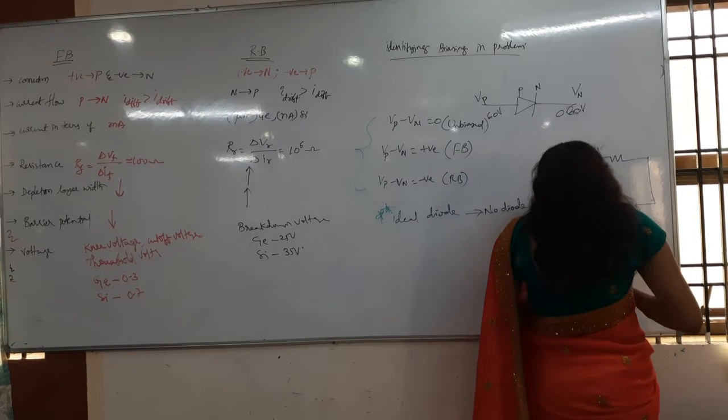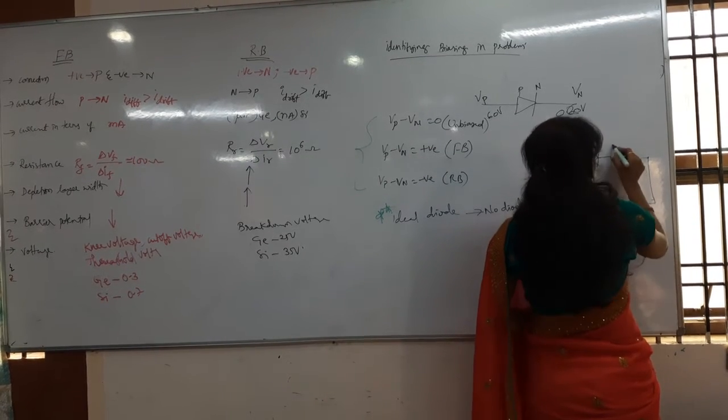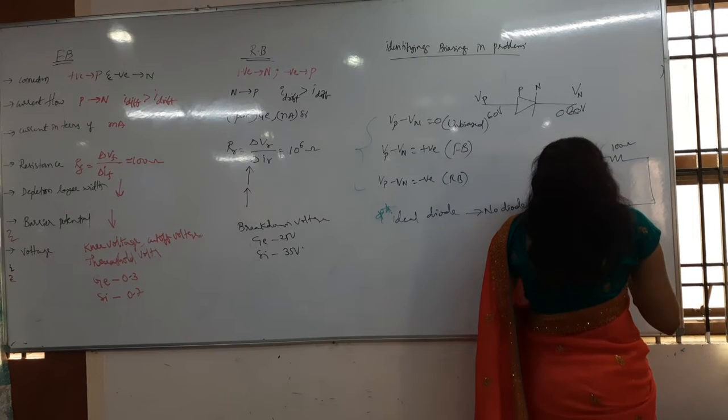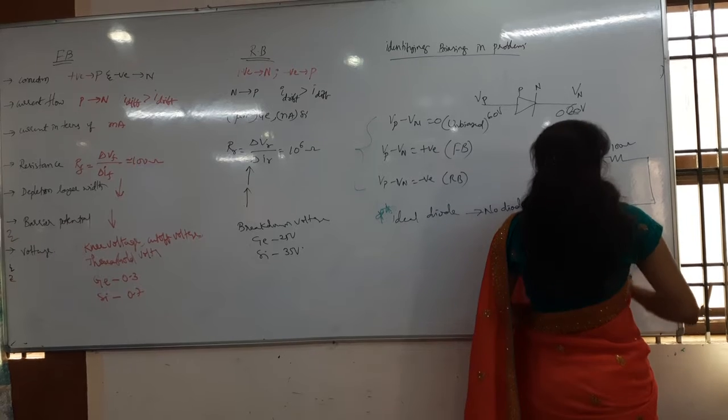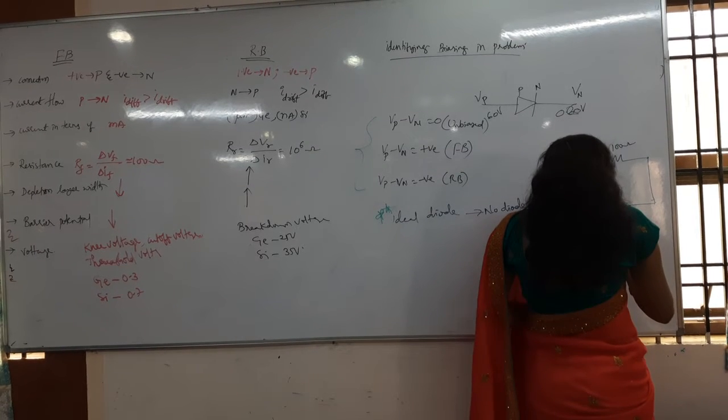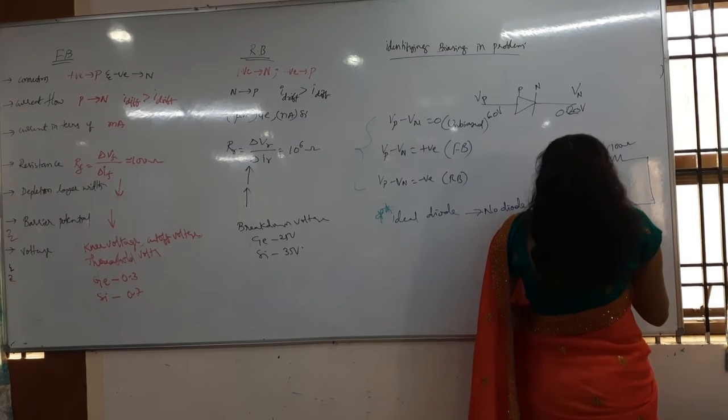Assuming that the barrier potential developed in the diode is 0.5 volts,